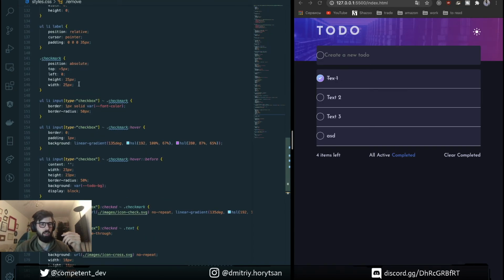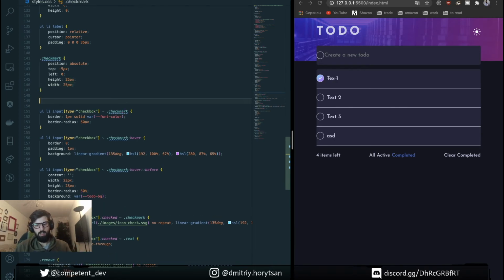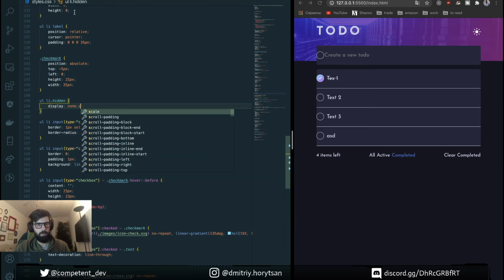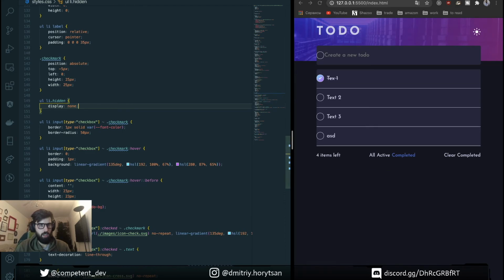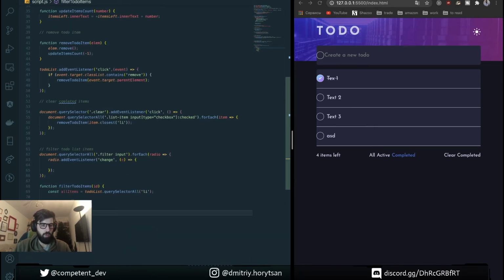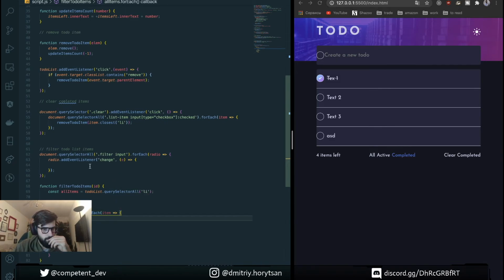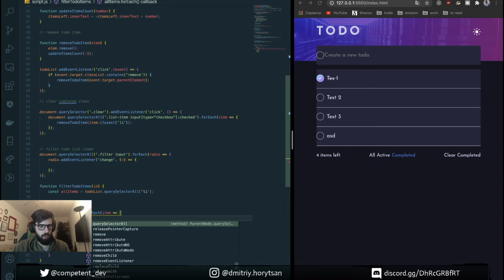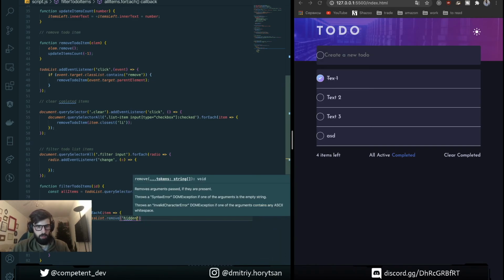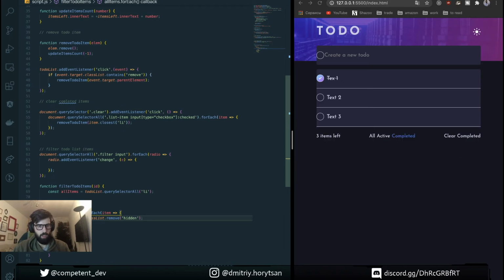So let's add some class hidden, display none, and if it's all, what we need to do for all items, for each item here, item class list remove hidden class.